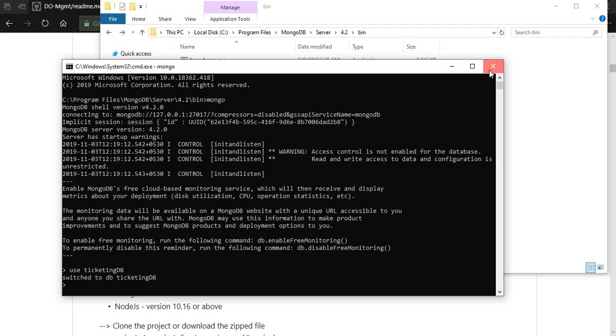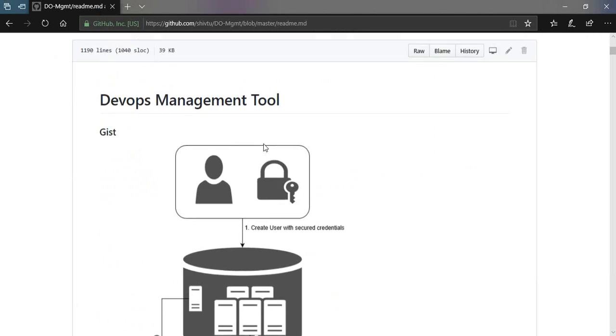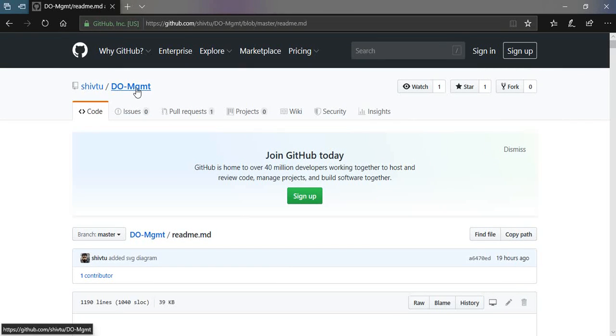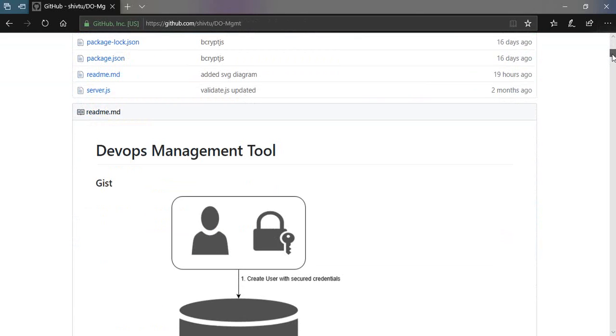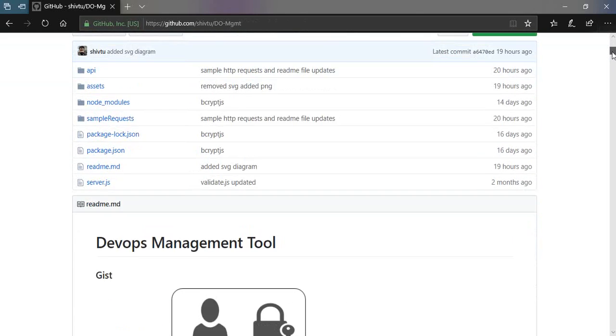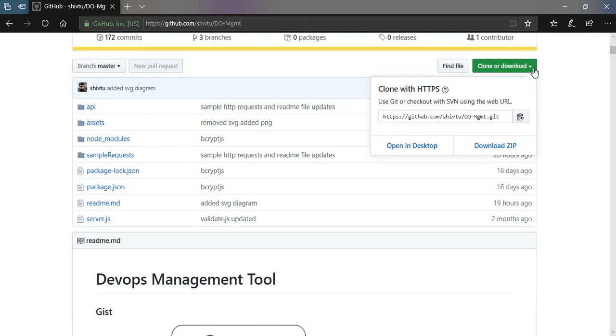Now once done, you will need to go back to this repository and go to the domgmt directory, and you'll find this little button here that says clone or download. Now if you're on a terminal, you can type git clone followed by this URL,